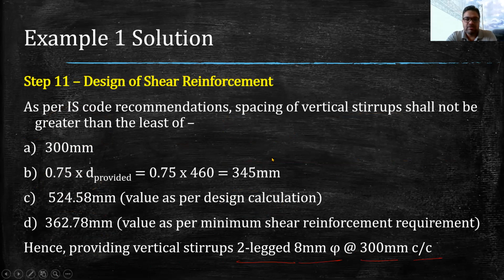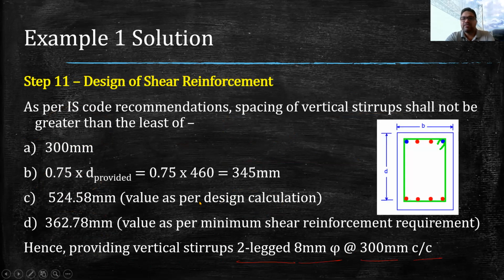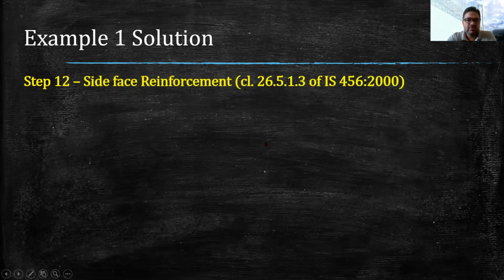So now step 11 is completed. We have designed the shear reinforcement. And in the diagram, you can see till now we have the cross-sectional area of the beam, we have designed the number of bars, and now we have designed the stirrups also. So in step 12,